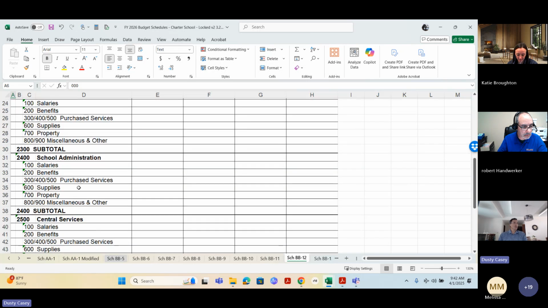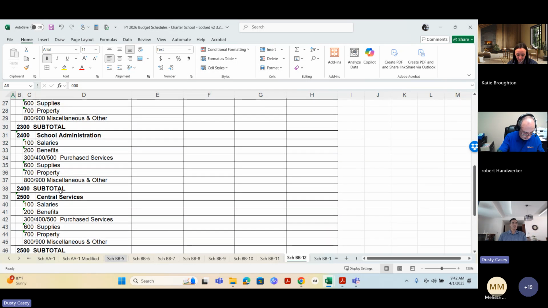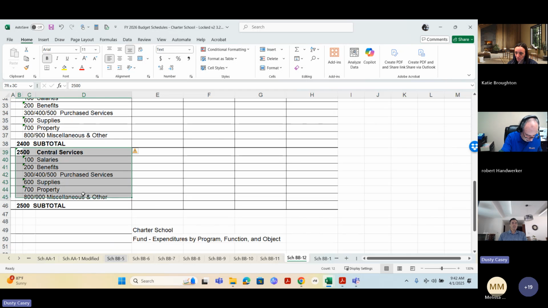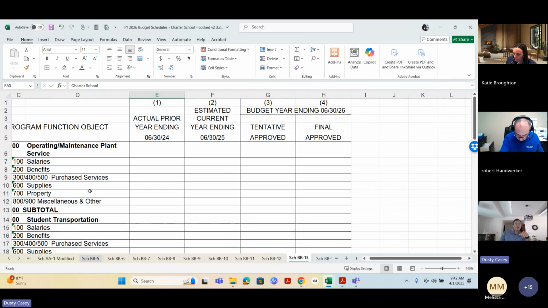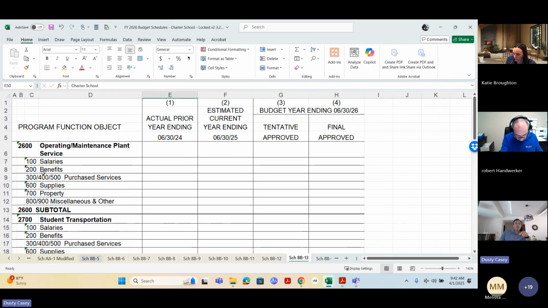Undistributed means these support all your other programs. They support everything that's going on in classrooms, athletics, summer school, all that stuff. That's what all these are for. Central services, if you're paying back office service providers, accountants, those sorts of things, so on and so forth. So that's what your, and if I go to schedule BB13, we are still in the undistributed 000